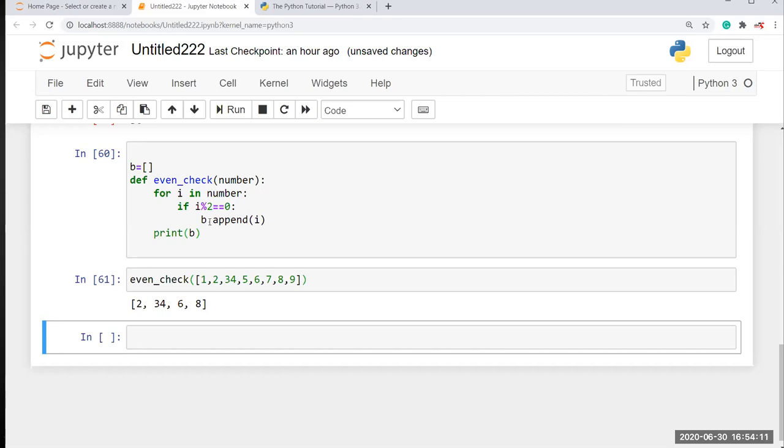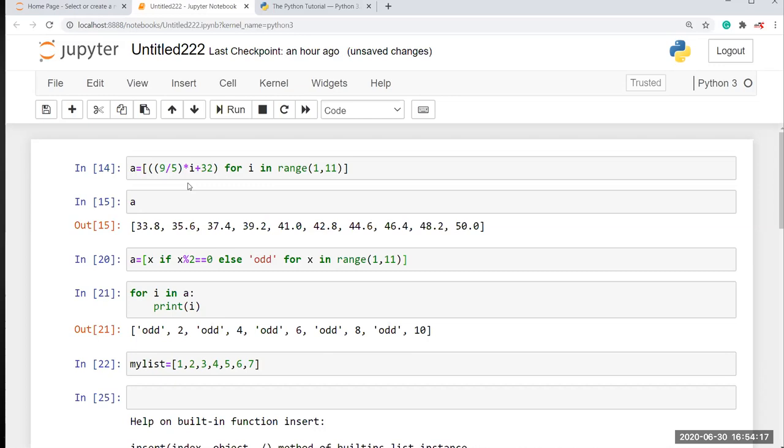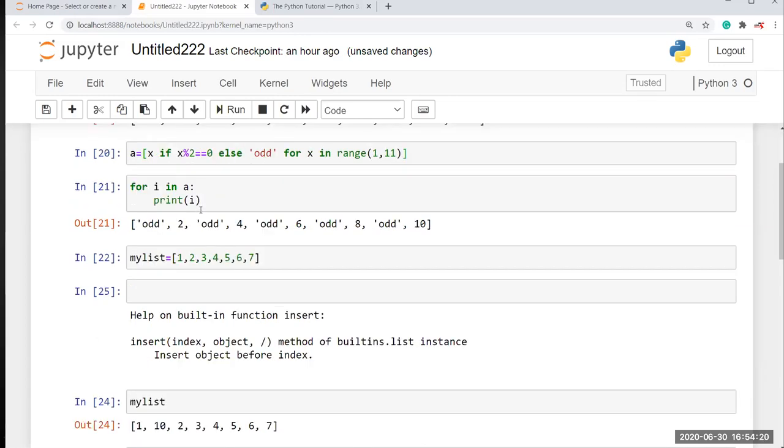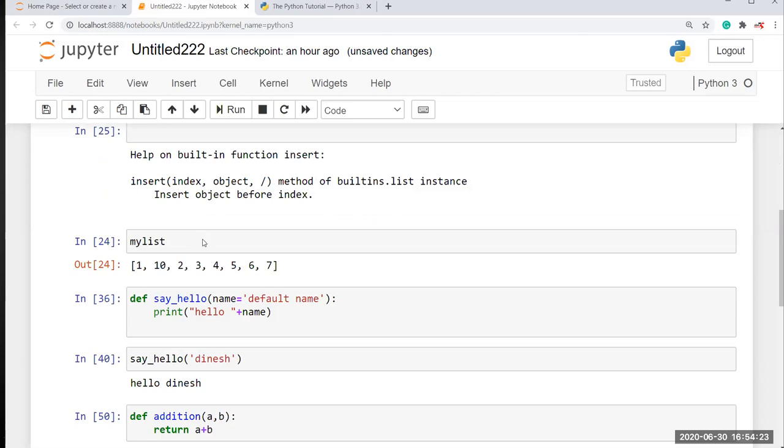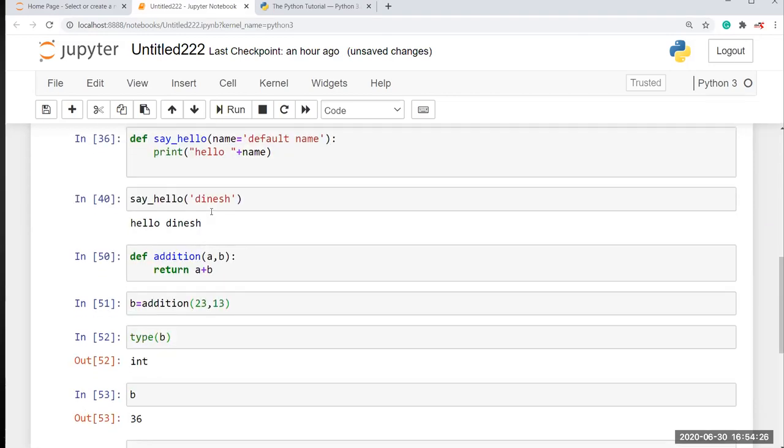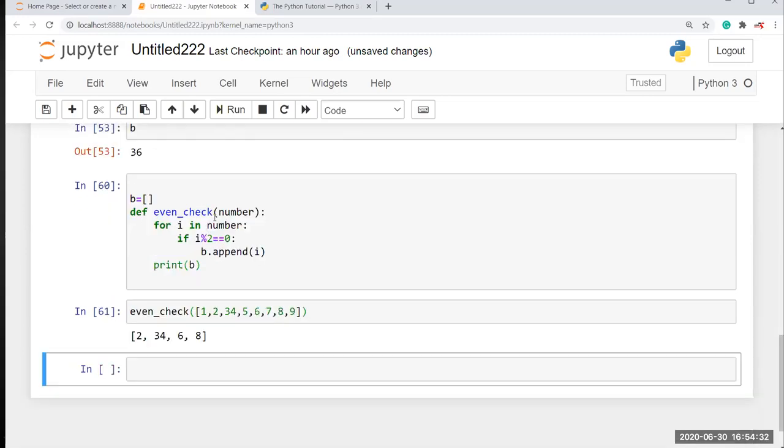So today's class is over, and in this class we have seen what is list comprehension, and after that an introduction to functions, how to pass parameters in functions, then what is a return function, and after that how to give your input in tuple or list form. Okay, the same method will work while passing our tuple value. So you can pass a tuple value also here.